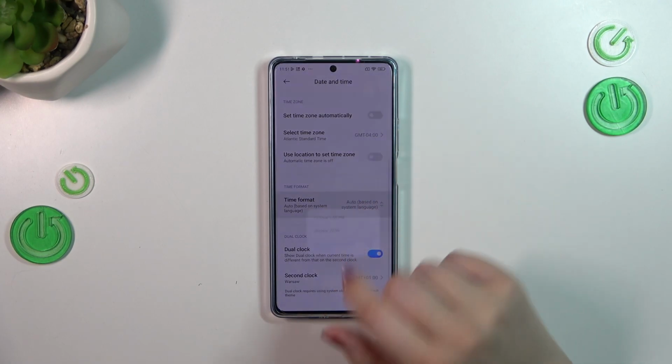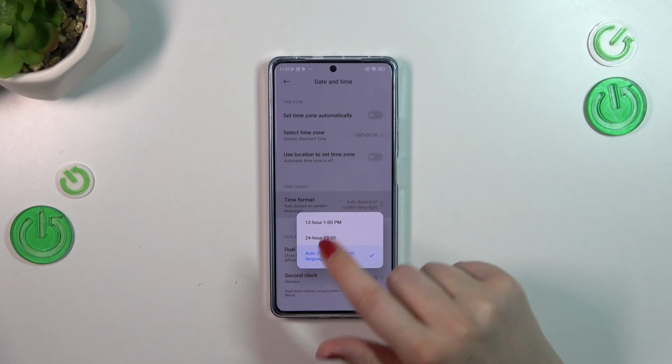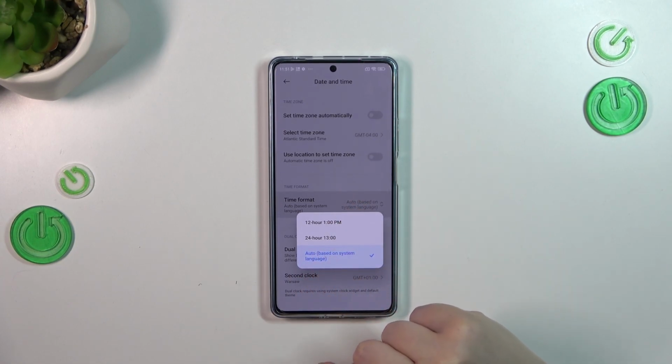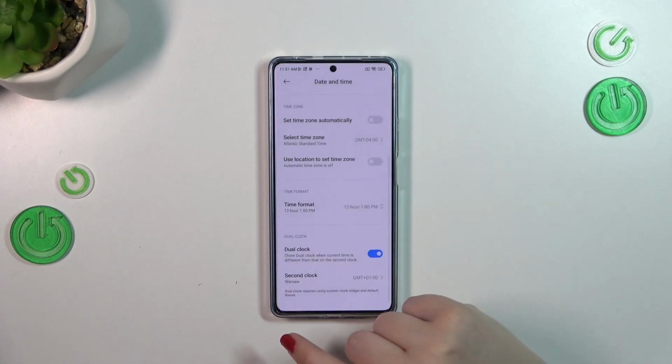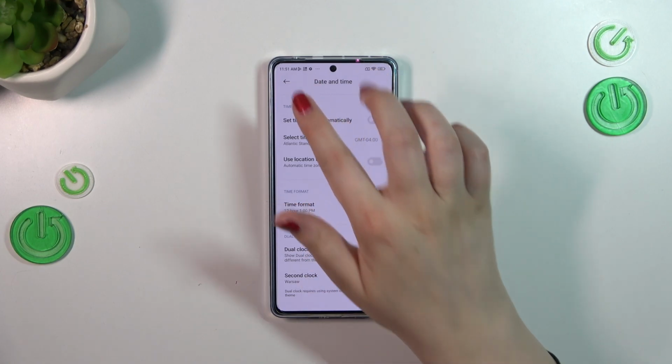Here we've got the time format also. It is automatic right now, but we can of course manually decide which one we want to use. So the 12-hour format or 24-hour one. Currently we've got 24-hour one, I believe, so we can set 12-hour format, and as you can see, it will